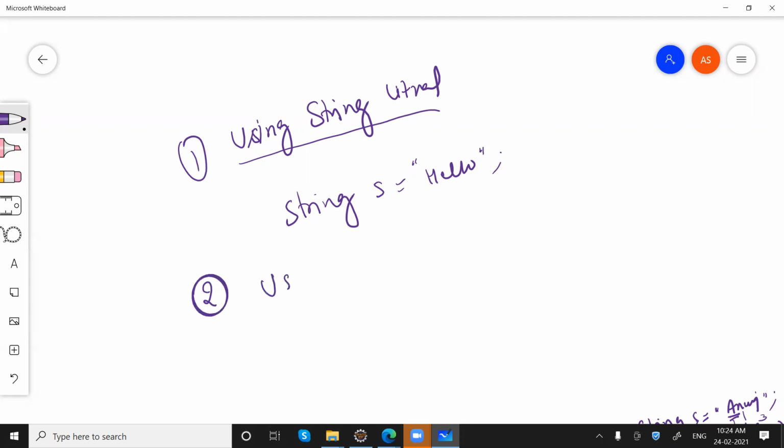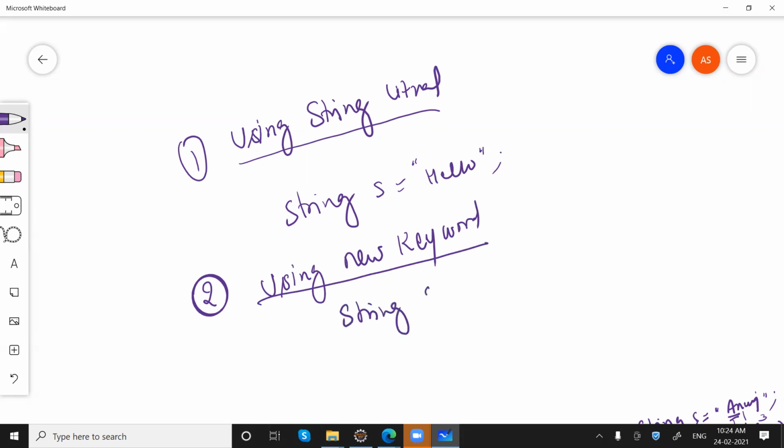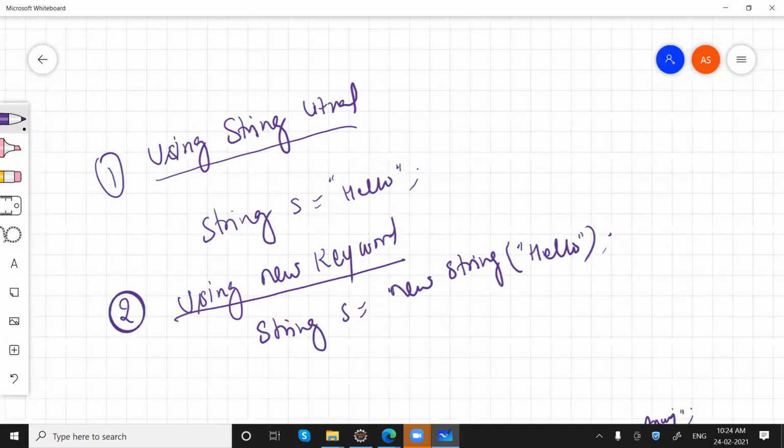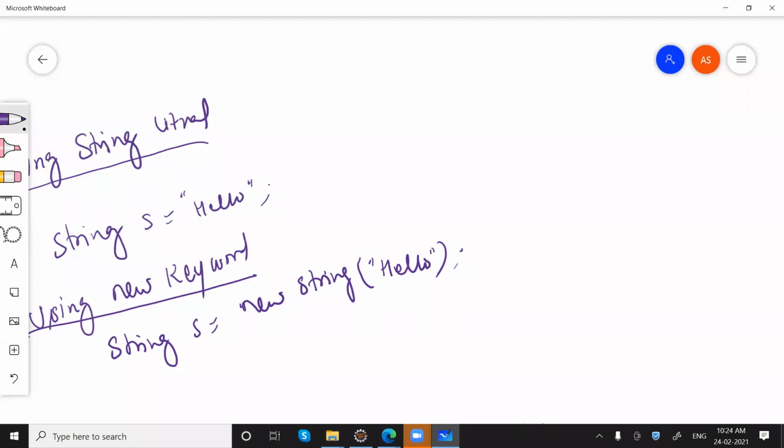Second, using the new keyword, that is String s equals new String hello. So there are two ways to create a string. Okay, let's understand how it works.